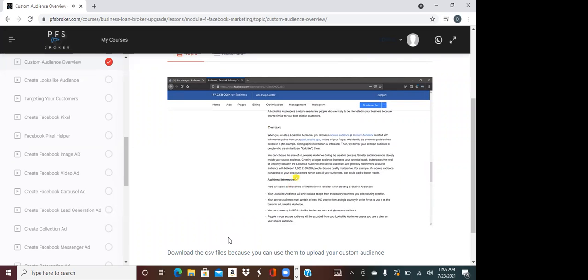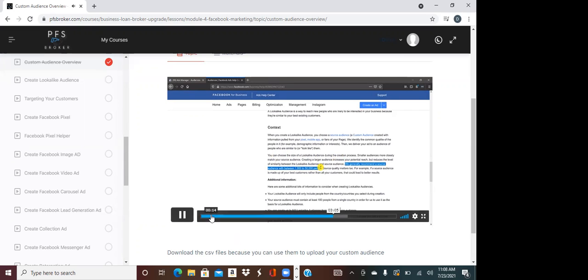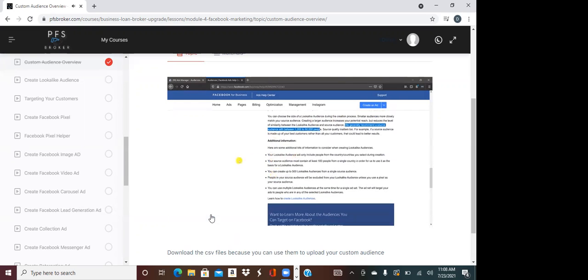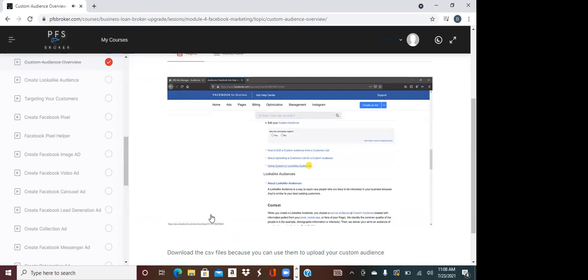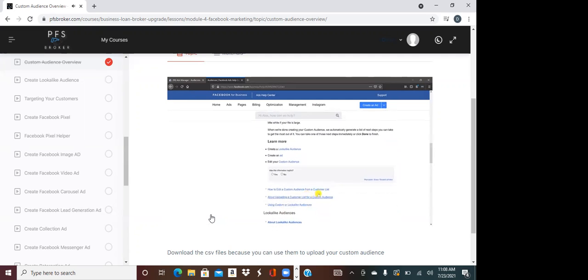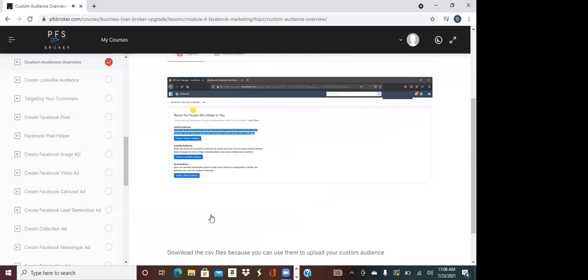You'll see down here, when you're going into the audience size and lookalike audiences, they generally recommend a source of audience between 1,000 to 50,000 people. So if you have a list of only a couple people, it's not really going to work out very well potentially. Not saying you can't do it, but this is what Facebook recommends. So we'll provide this link, but this just gives a little bit more of an overview of custom audiences and how they work. If we go back to our page here,